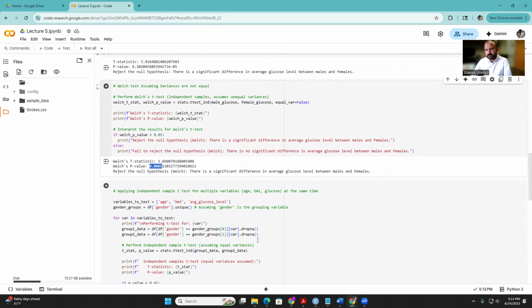Now, you can also apply an independent sample t-test for more than one variable. We need to compare, for example, age, BMI, and average glucose level between males and females. In that case, you can create a for loop. You can first create the gender groups, df gender unique. Assuming gender is the grouping variable, you just need to create the gender variable, and then for